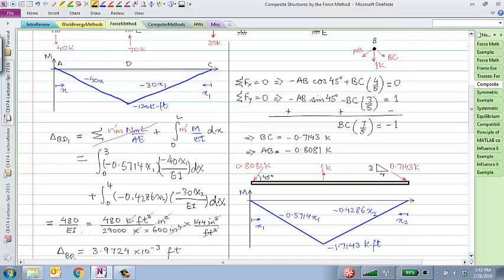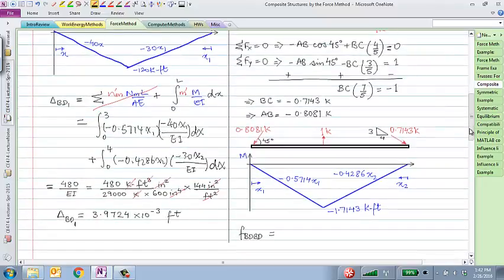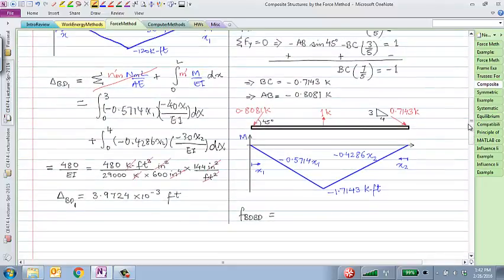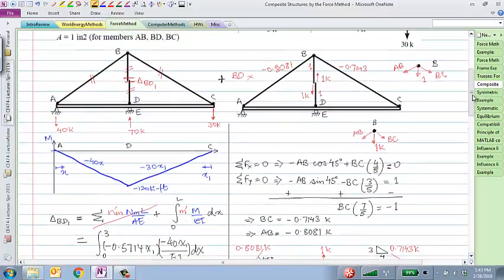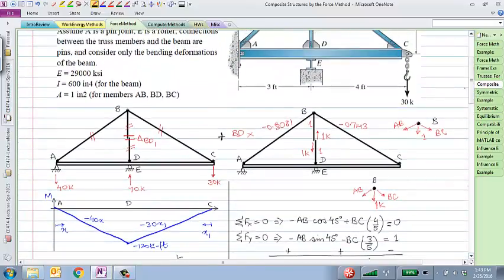And then after some calculations, we can obtain this delta BD for the determinate structure. And now the next step is to calculate the flexibility coefficient, which is FBD-BD. So FBD-BD means the displacement of the member BD, and we can show the diagram that will make it slightly easier. So what we just found was this delta BD1, the displacement at the cut due to the